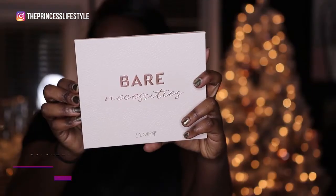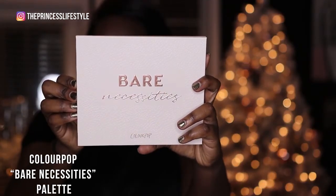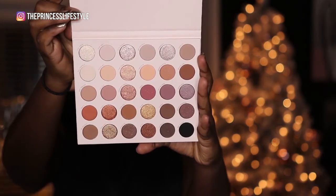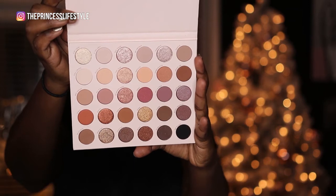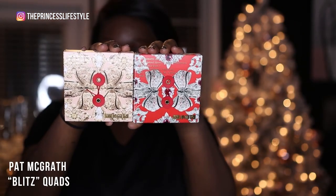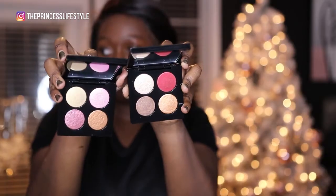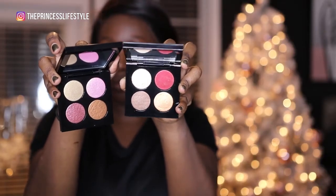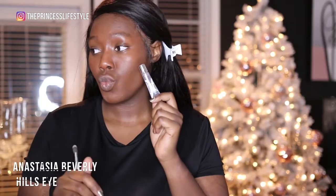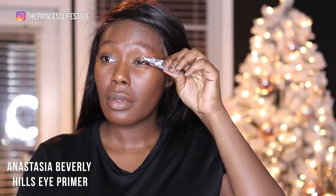So we had a choice between a drugstore situation for concealer and Fenty Beauty, but we're gonna come back to that after we choose eyeshadow. So this is ColourPop's Bare Necessities palette, and these are my 2 Pat McGrath BLITZ quads. They are beyond sensational. And you guys, of course, because you guys are just as expensive as I am, you chose Pat McGrath, okay? So what I'm gonna do now is prime my lids, and I'm using my Anastasia primer,